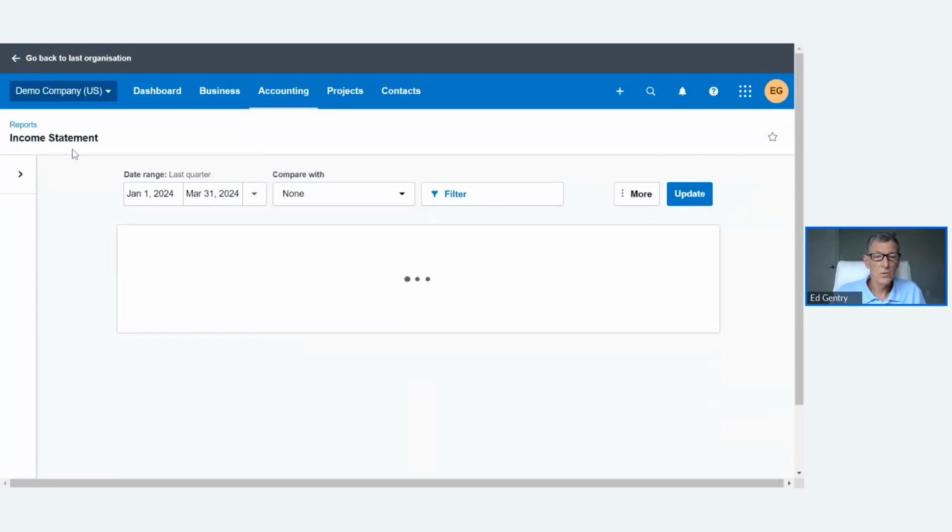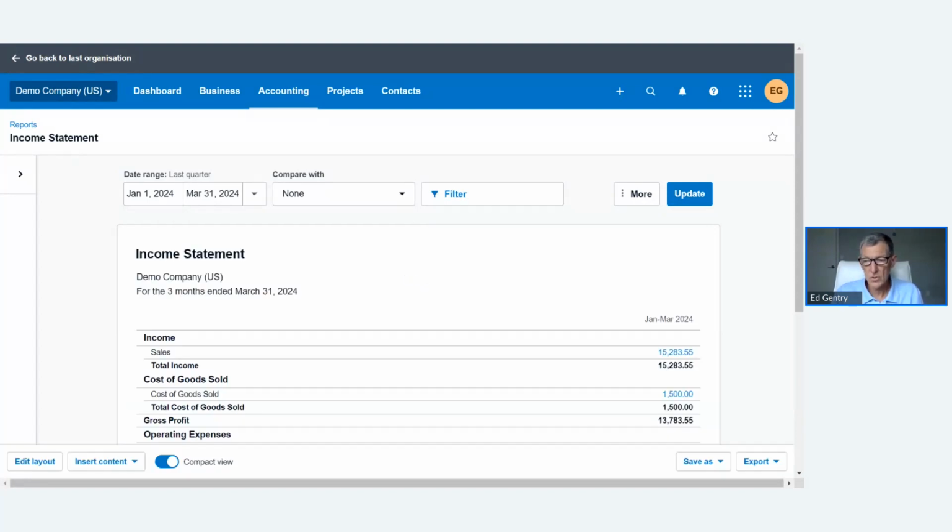Income statement, it does. Okay, so this is why these two are connected and why I like to look at the income statement first, then the balance sheet. Sometimes you'll see the balance sheet first, but really you start with the income statement because the result of that flows over to your balance sheet. So let's go back to the balance sheet